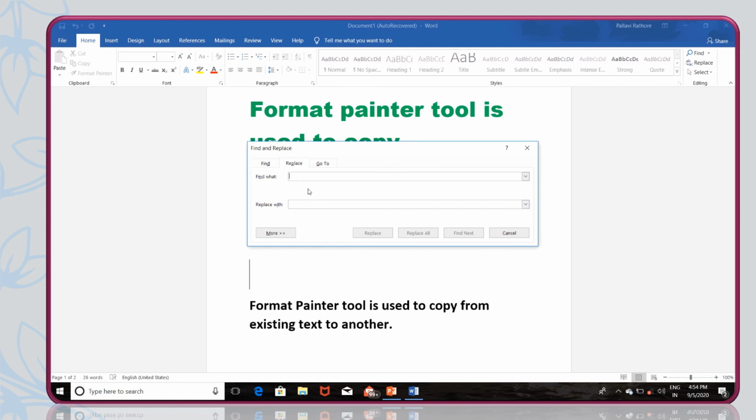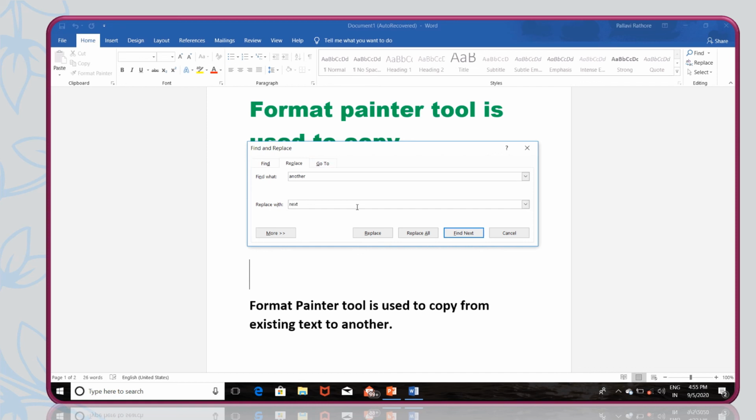It means in this definition, we want to replace the word another. Okay, so here we will type another. Then we want to replace this word with next. So here in replace with box, we will write next.